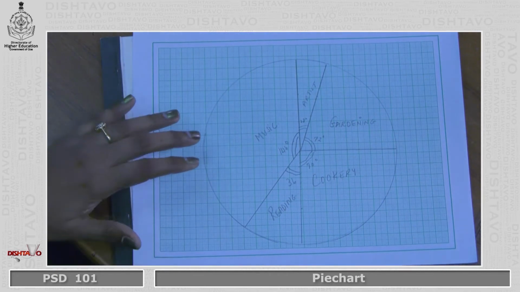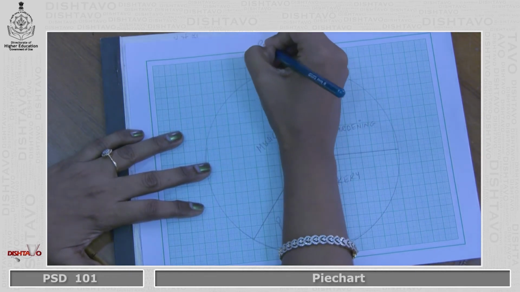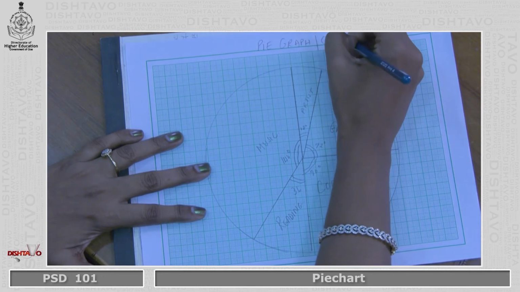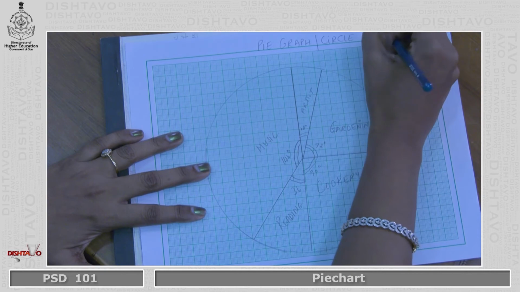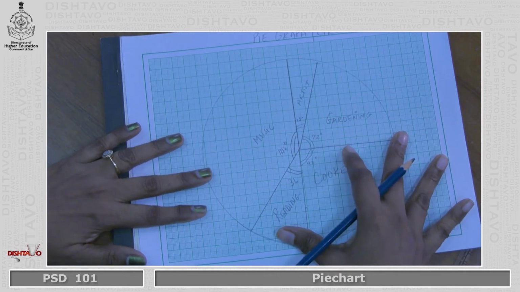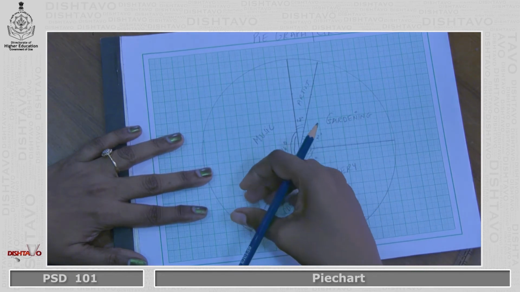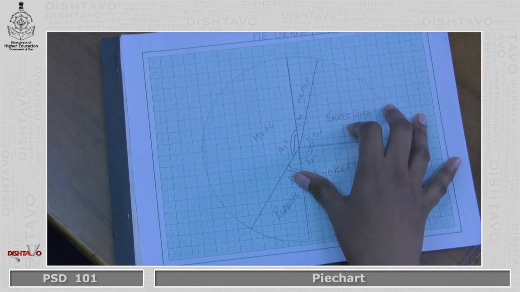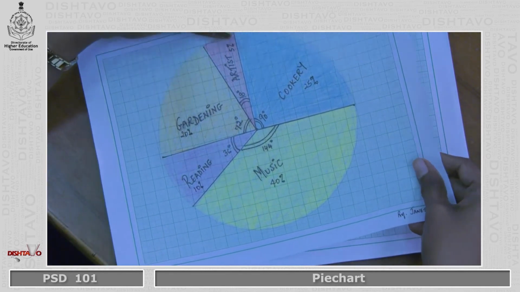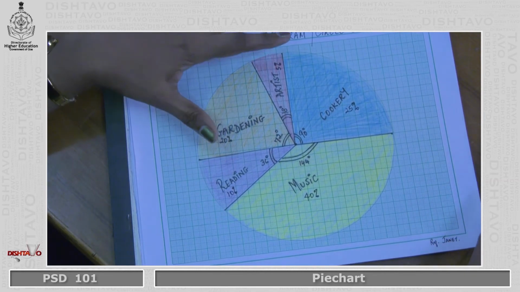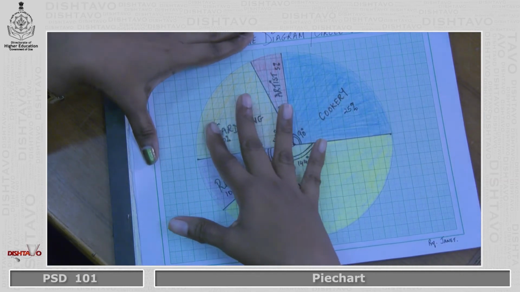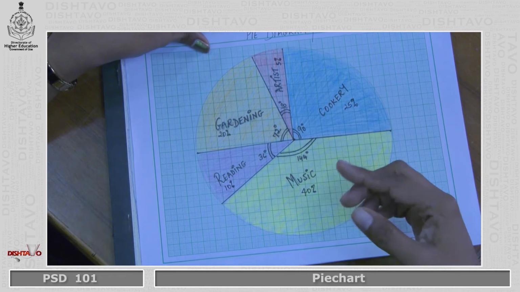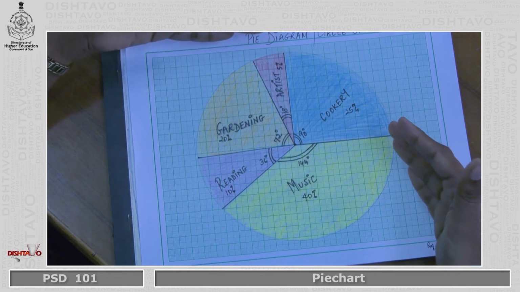So here our pie diagram is ready for us. We name it as a pie graph or a diagram or a circle graph. And here we are ready to enjoy the data being represented through the angles of a circle, which is called a pie diagram. Now, if you are good at coloring or if you like working with colors and if you would like to make your diagram more appealing, it's the same diagram here. Only thing, I have put colors in here to make it more appealing,